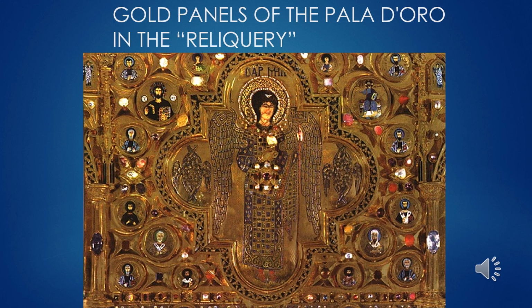Up at the altar of San Marco is what's called the Pala d'Oro, which is the reliquary for San Marco. And then these little niches hold sacred items. And so again, these churches were designed for pilgrims to be able to visit and circulate through and be able to visit these sacred items.